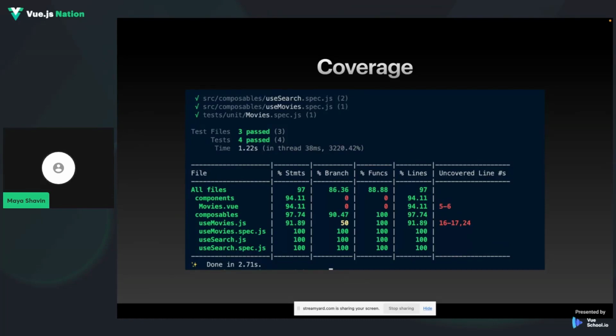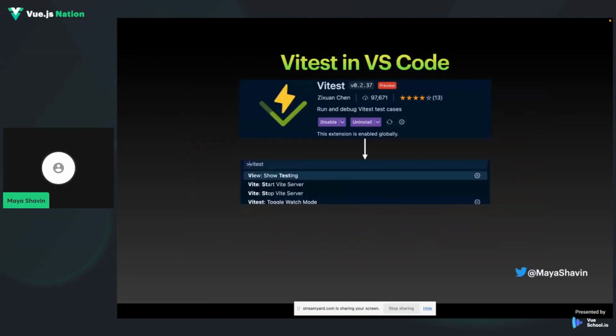When you run it, you will get the coverage report and you know which lines you're supposed to cover. And here, yes, you can see in the screenshot, I have some work to do because I have only 50% coverage, and in some places I don't even have anything covered. And yep, I've got to go and write some tests.